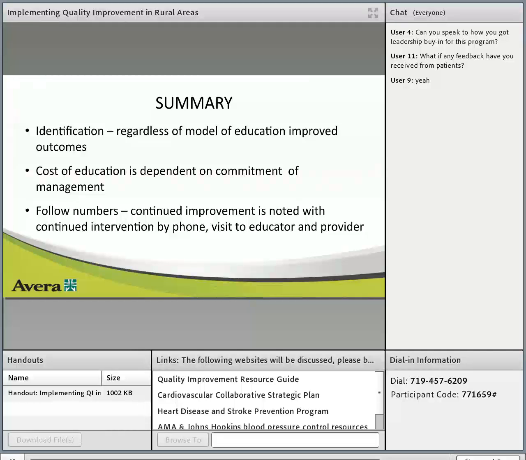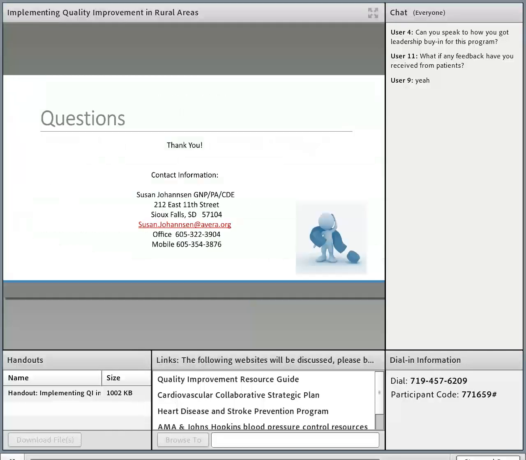So, you know, I think this is really what we were after. We were really after trying to prove to ourselves and to everyone else that education matters, that involvement with the patient and sitting down to provide them education around self-management and glucose testing and the need for eye exams and foot exams, all of those things dramatically improve our measures, and by improving our measures, we improve our patients' lives. So it's been fun. I look forward to continuing the process.